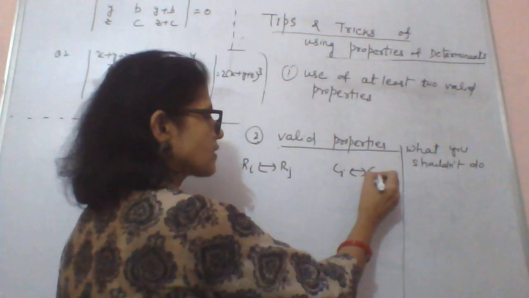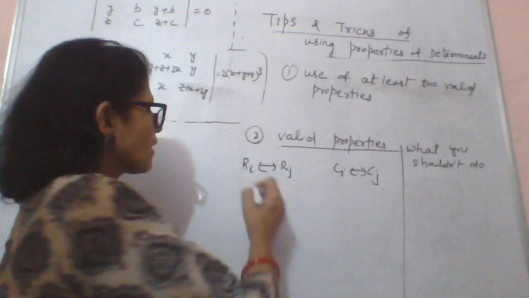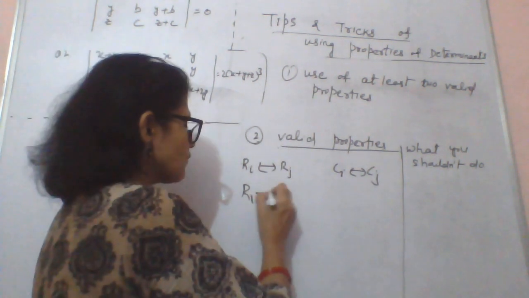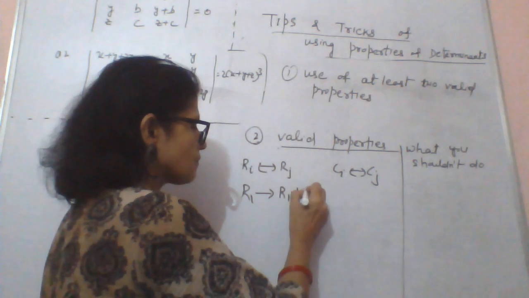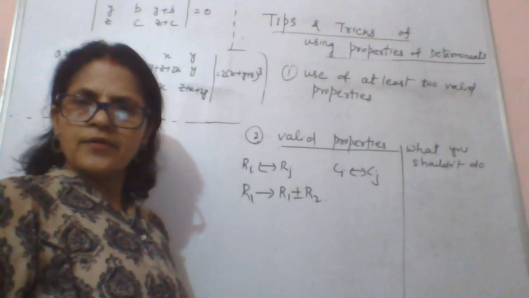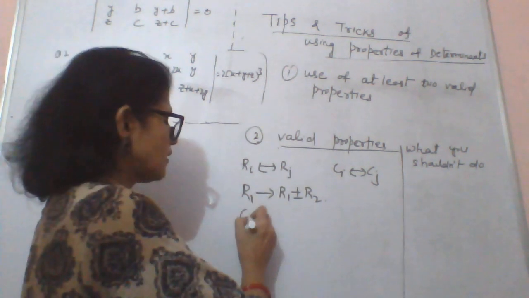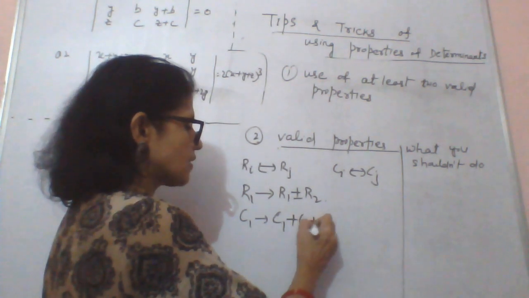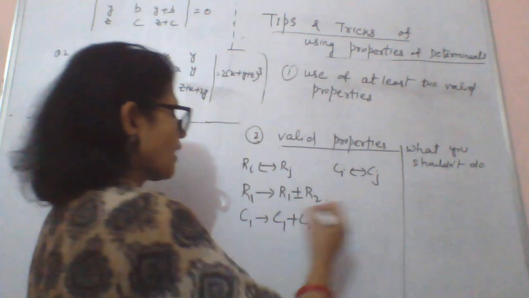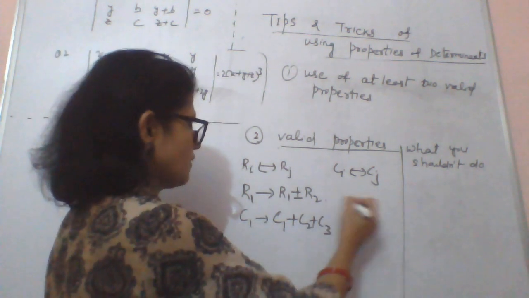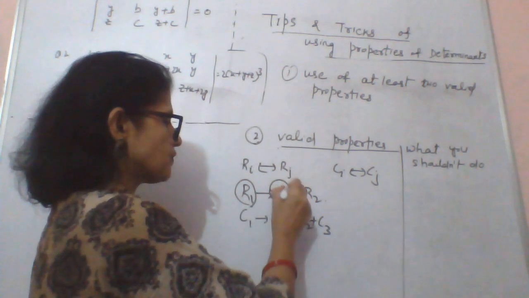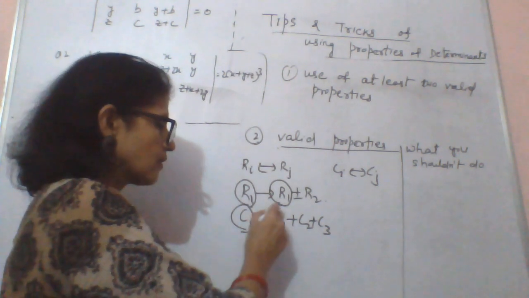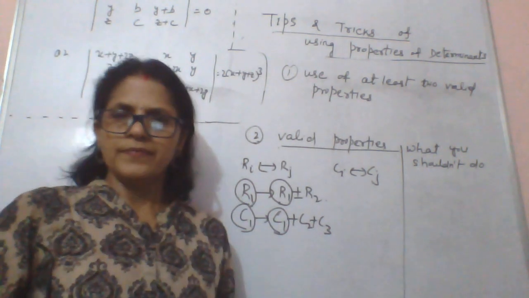Similarly, any two columns can be interchanged also. And next, suppose for example you are taking R1. R1 can be replaced by R1 plus minus R2, R1 plus minus R3. Similarly, suppose you are taking C1, it can be replaced by C1 plus C2 plus C3, right? And also, whenever you write R1, one thing you observe: here you start with R1 only, right? If you write C1, again you have to start with C1 here, right?